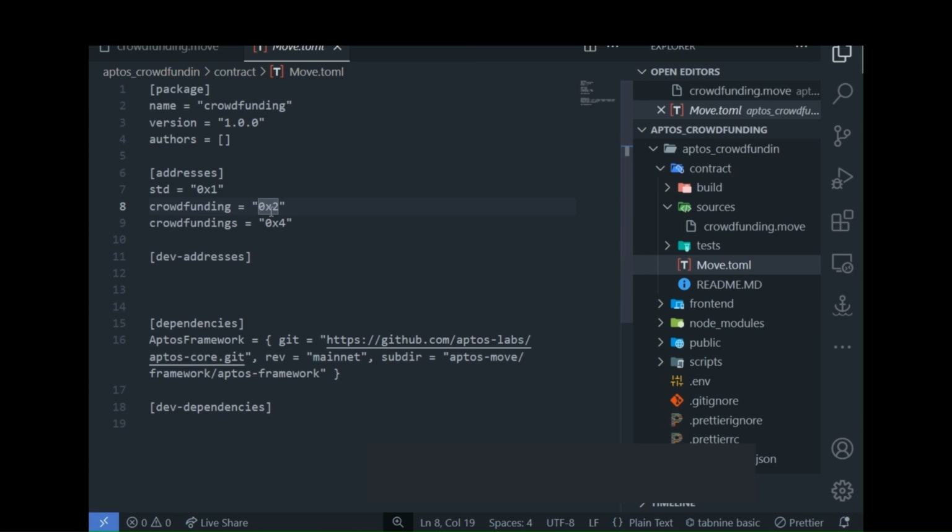Then this is the hexadecimal address, which is written in the short form. So now we have assigned this hard-coded address to this crowdfunding. When we come over to these